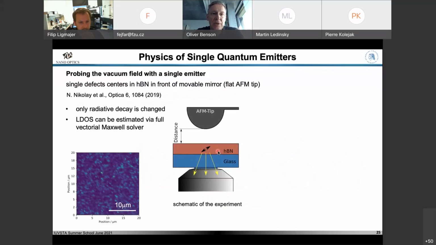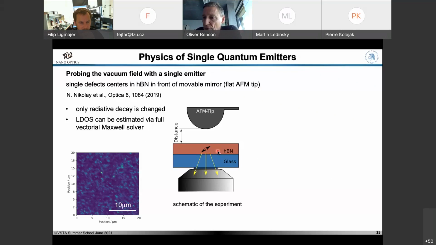And I mentioned this first experiment to show this was from Drexhage, 1977. So in the 70s, they showed that indeed you can modify the spontaneous emission. So the spontaneous emission is not a natural property of an atom or an atom-like object. It's a property of the vacuum surrounding the atom-like object. And now it's very simple to do these experiments.